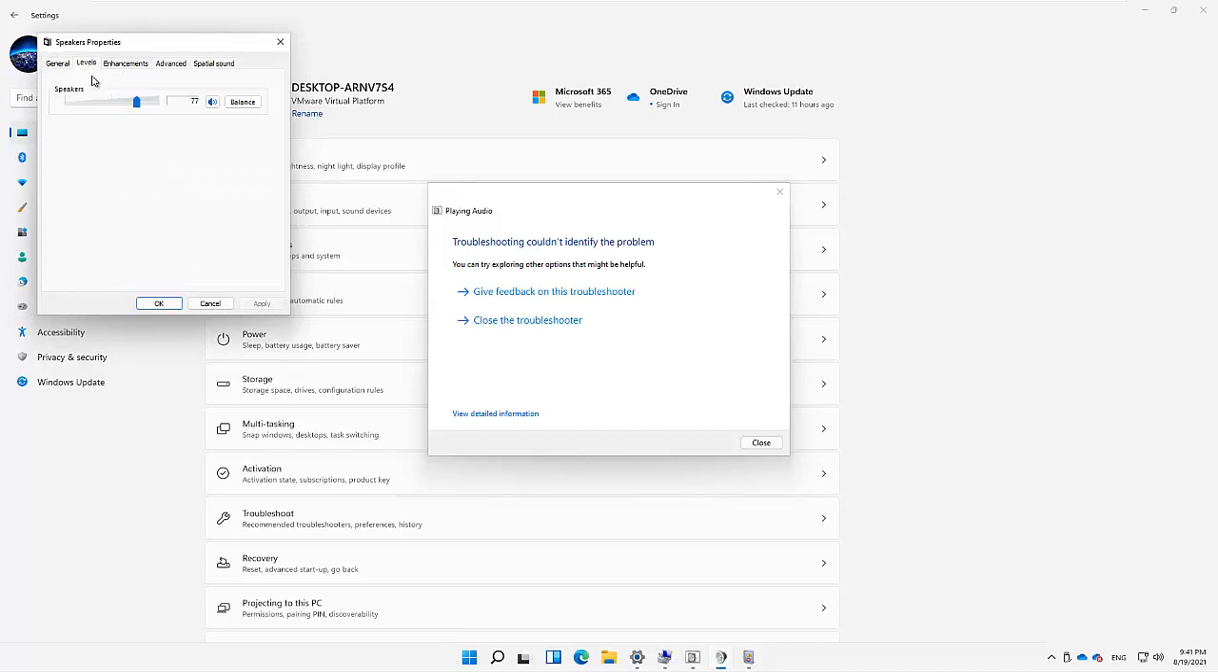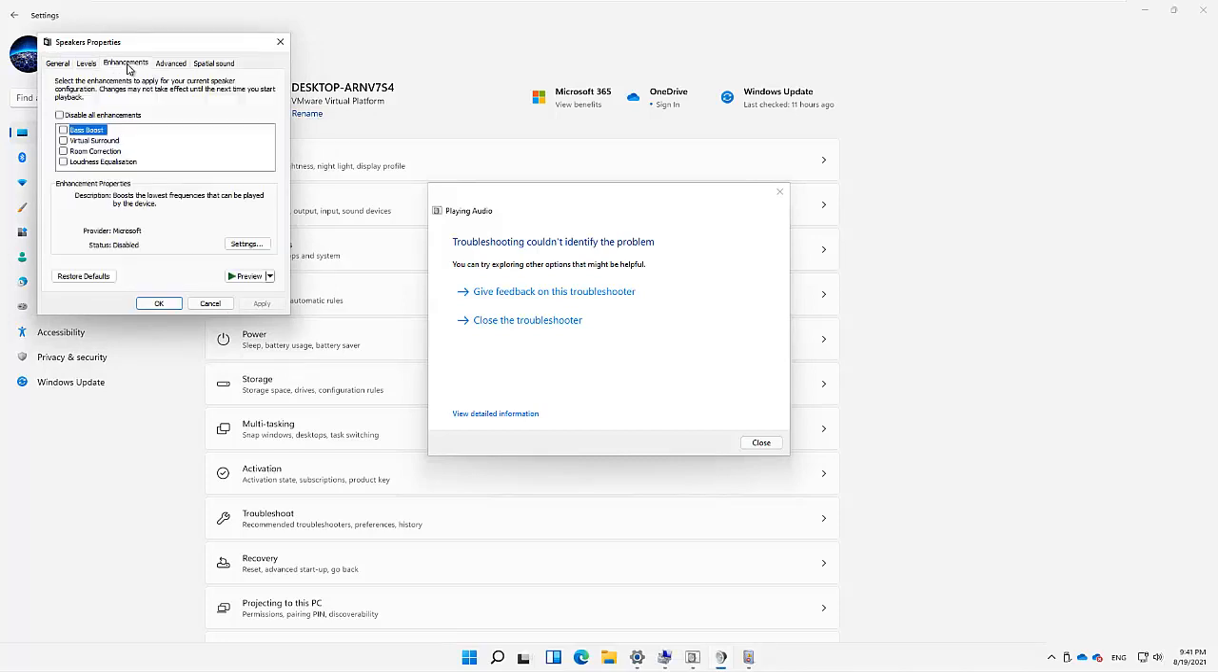And also we can go to the level, and here we can actually see the volume. Can increase the volume and check. And also for the enhancement, we can actually preview to see if we hear a sound. You can see I'm hearing a sound. We can decide to disable all enhancements, or we can say okay, the bass boost. We can also click the virtual surround as well. And here in advanced,